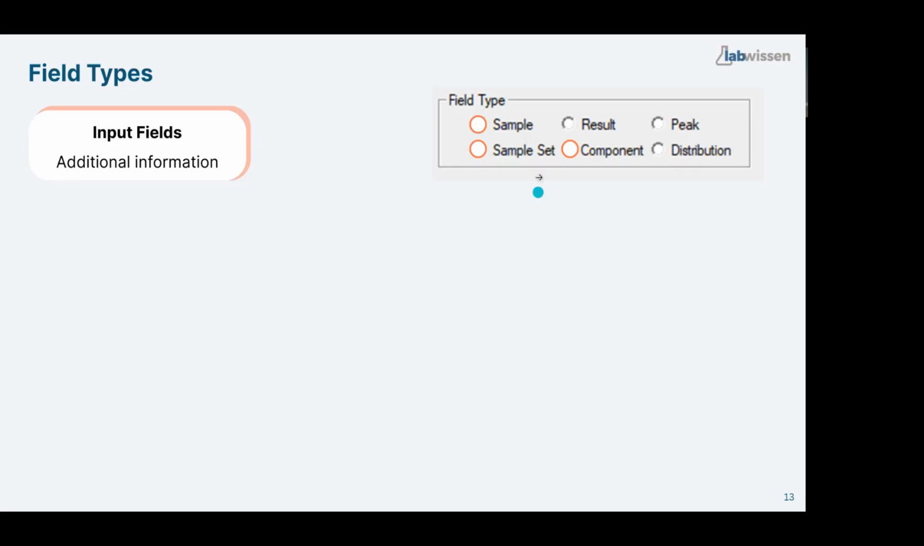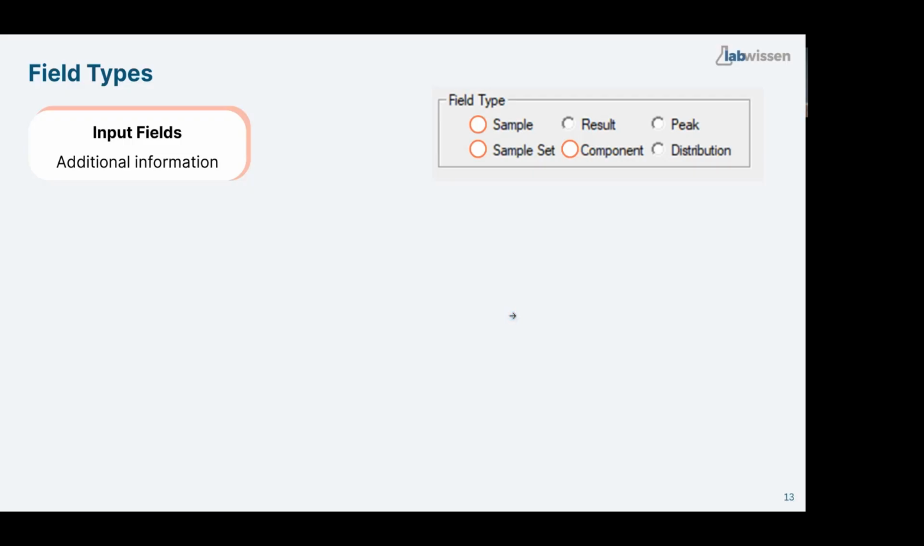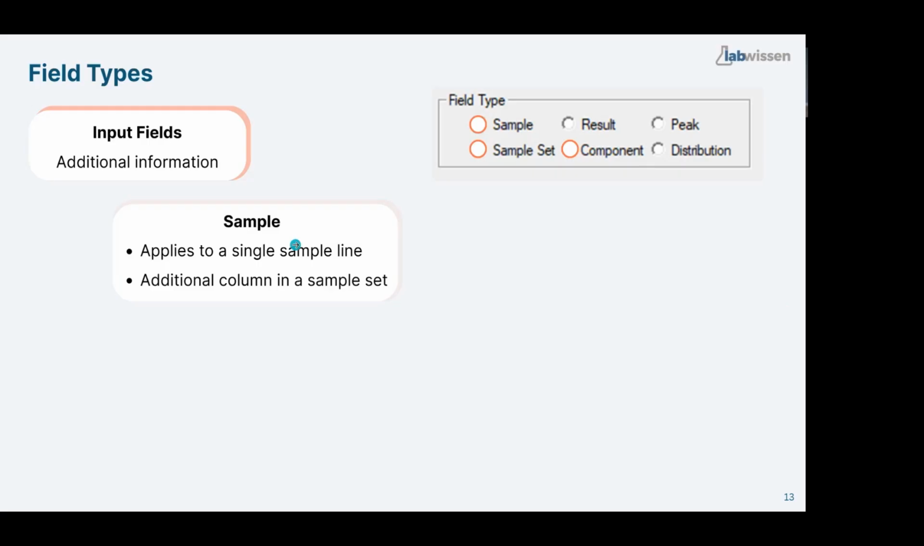So let's take a look at field types. Here we can also separate input fields from output fields. From these field types, the input fields are sample. Sample custom fields appear in your sample set table. It's like a separate column, and you can put information to each sample with it. So this is an input field. You can use it to put in some extra comments, extra information about your samples, but you can also use